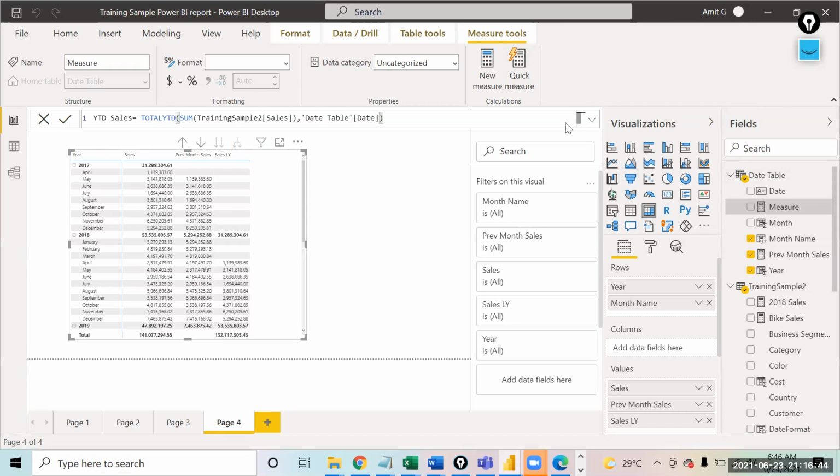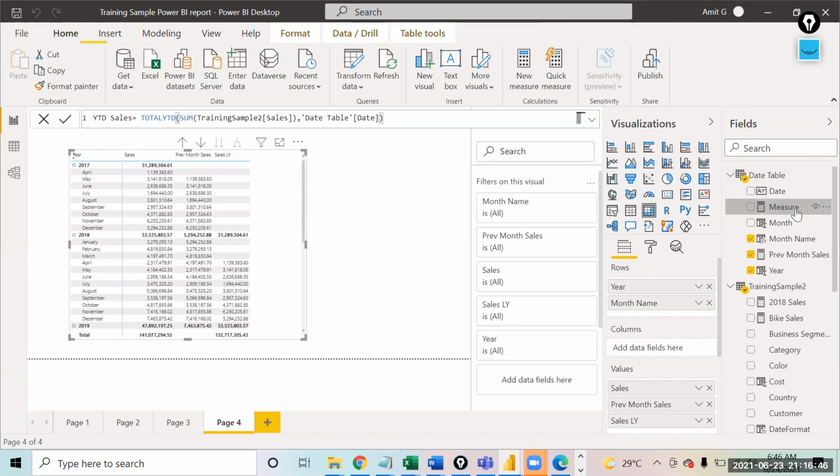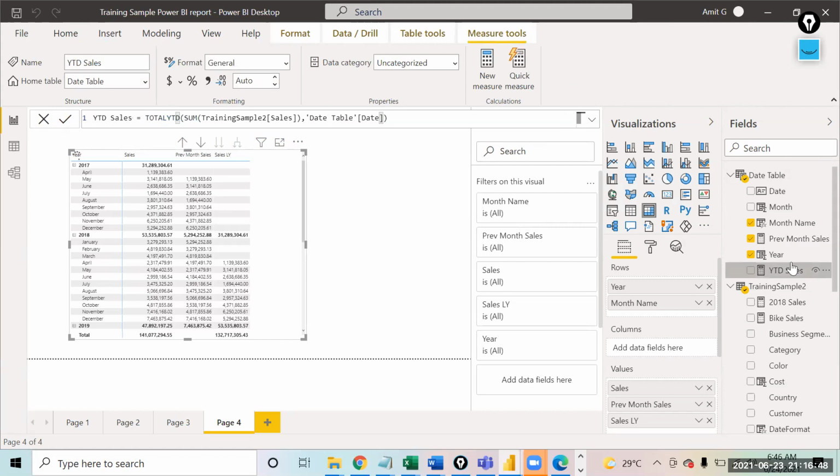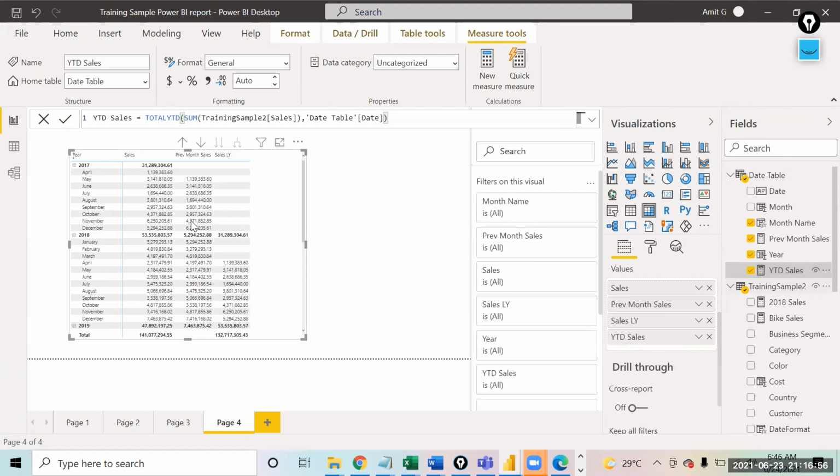If you make this now and bring this field in the chart, see, it calculates the YTD sales.